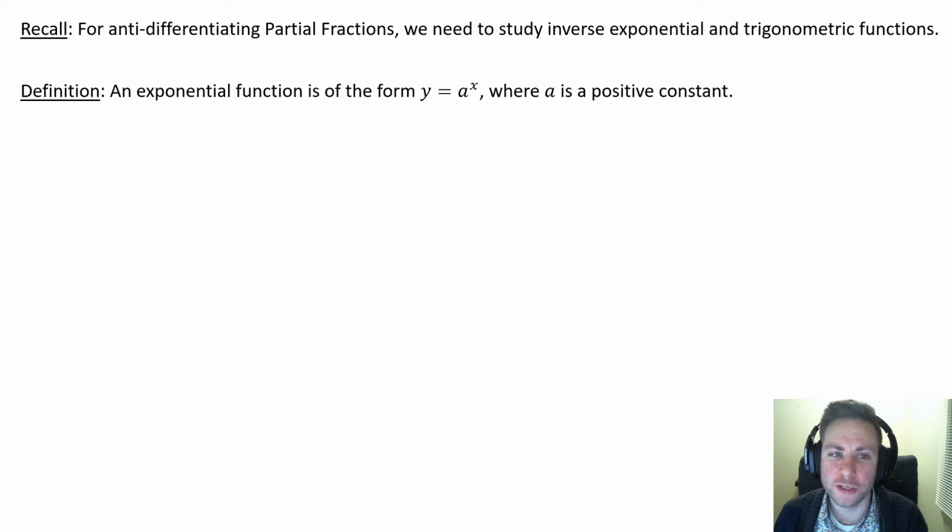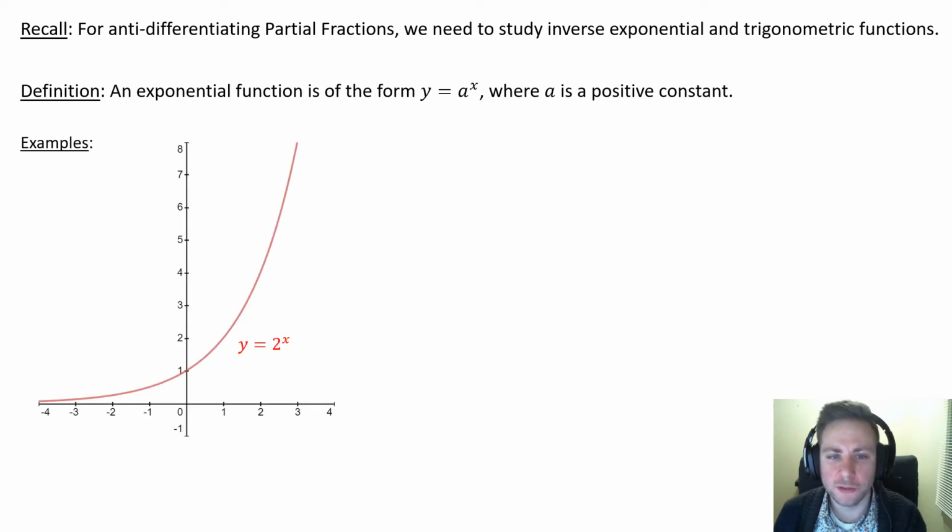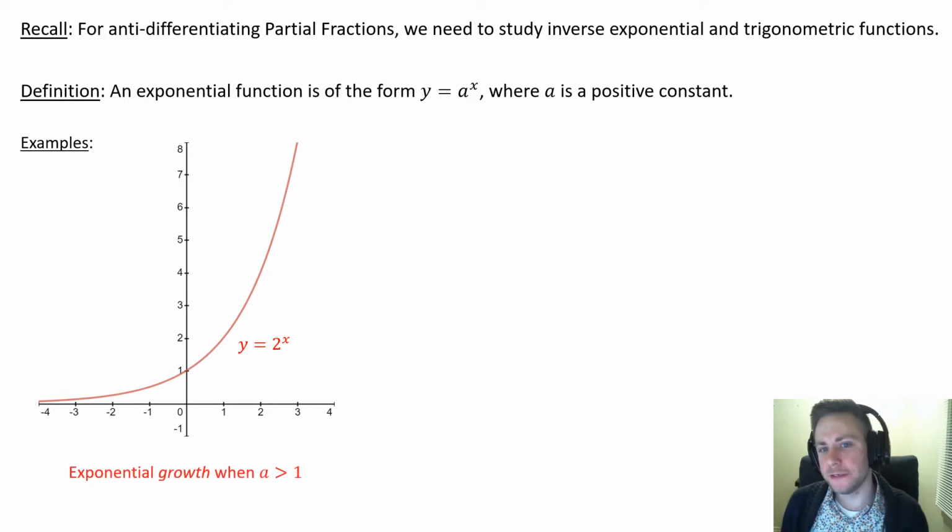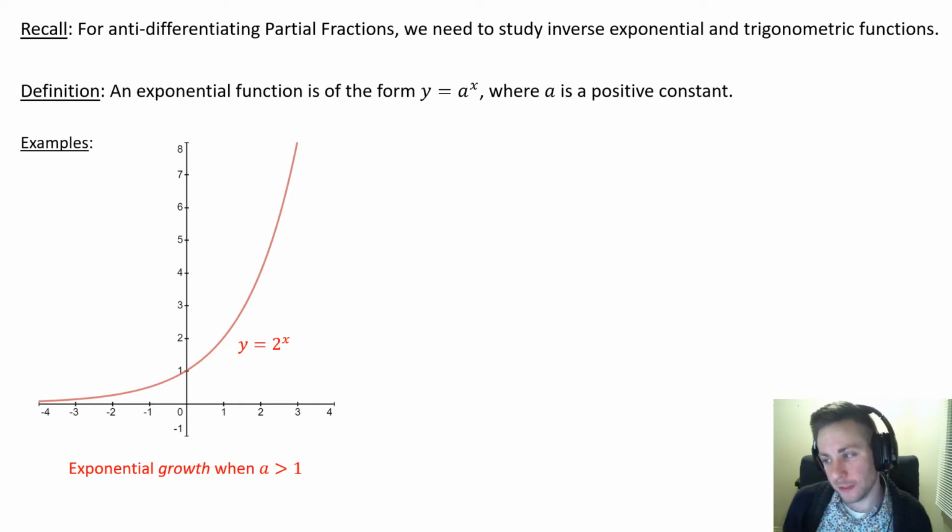An exponential function is defined as a function of the form y equals a to the x, where a is a positive constant. So here's a typical example of an exponential function. 2 to the x would represent multiplying 2 by itself over and over again, where x is the number of times it gets multiplied. And each time we multiply by 2, the result gets larger, which is why we have an increasing function here. And the same can be said when we multiply repeatedly by any value which is larger than 1. So in those situations where the value of a is larger than 1, we get what's called exponential